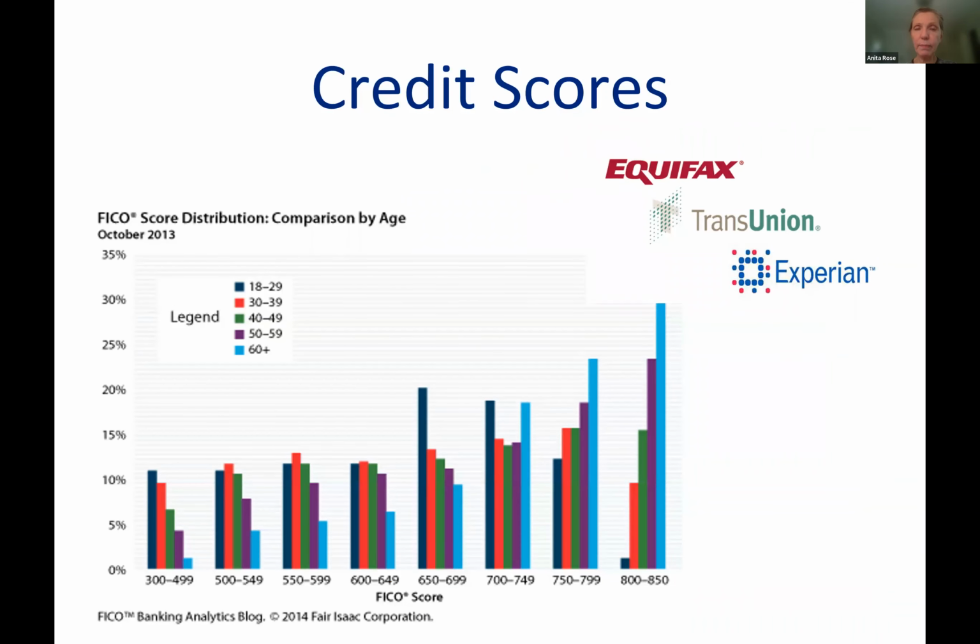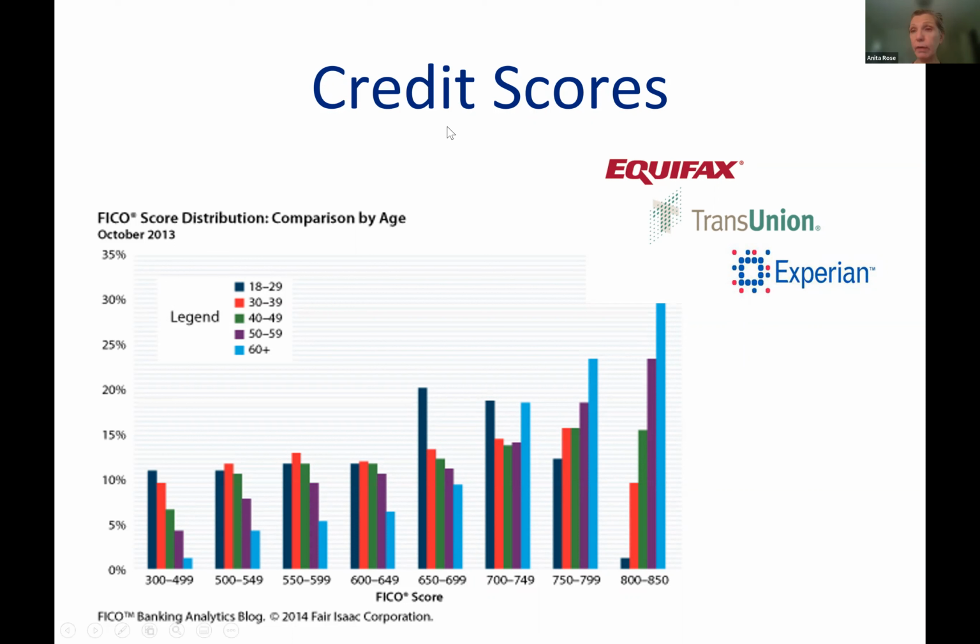All right, so another thing we want to mention is credit score. We have our three big players in the credit reporting agencies: Equifax, TransUnion, and Experian. When a bank wants to make an inquiry on our credit, they will pull from either two or all three of the credit reporting agencies. Rarely do they just pull from one. They either pull from two or all three. And they will see what the credit score is, which has become very popular over the last 20 years.